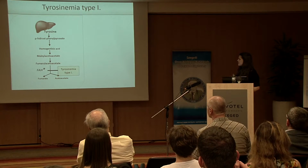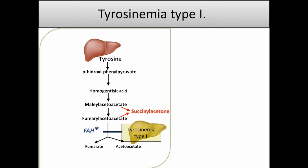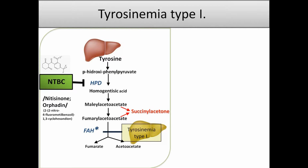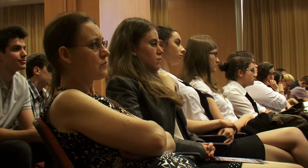So the lack of this enzyme causes the accumulation of fumarylacetoacetate and maleylacetoacetate, which are converted to a highly hepatotoxic metabolite called succinylacetone. This condition can lead to severe liver damage. There is a pharmacological inhibitor called NTBC, which is able to block the tyrosine degradation pathway upstream of FAH because it blocks the enzyme called HPD, and it prevents the accumulation of the toxic metabolites, so it can prevent